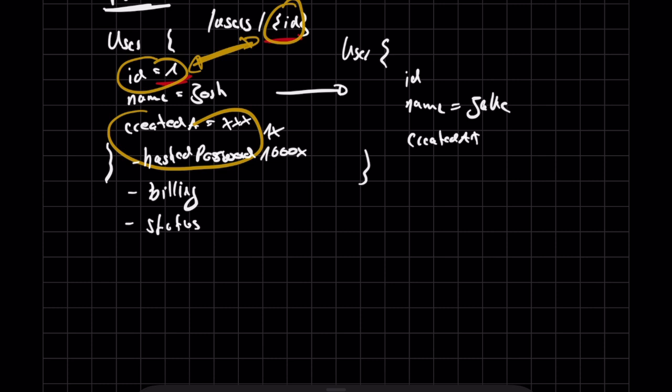So if we now have to perform a full resource replacement, does this mean we're even allowed to keep these fields in a resource? Does it mean that we have to expose them to the user? Does it mean the user has to send them back to us when they want to update the user? All of these things are very weird to handle if we're being very pedantic to the spec.